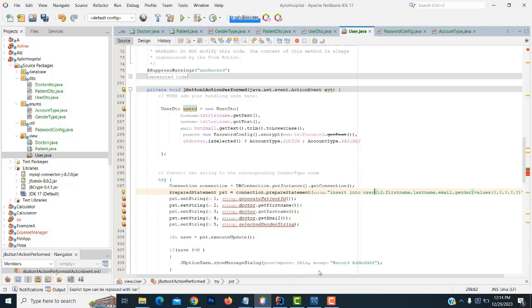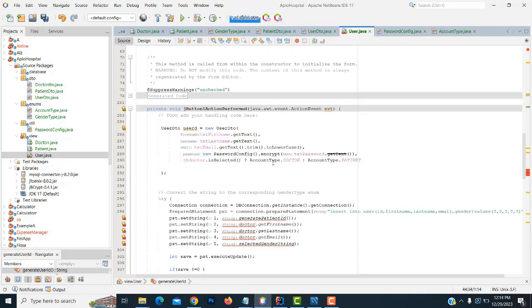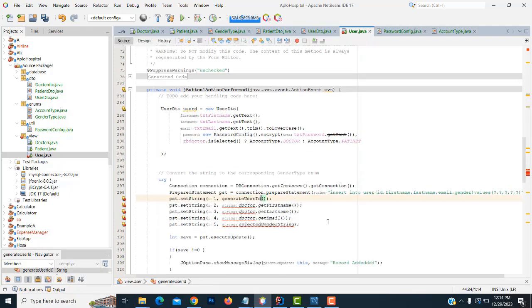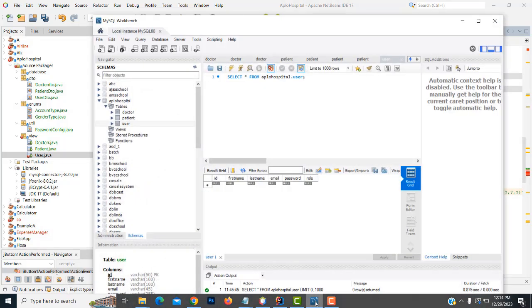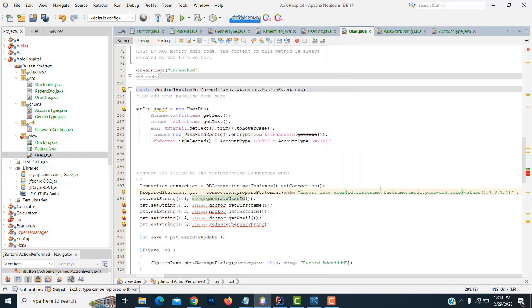Right. ID is a generated ID. Auto ID as ID. This ID. Right. First name, last name, email. This one should be there. What are the things we have to write here? Email, password, comma, role. Okay, password, role. So 1 2 3 4 5 6. We need 6 question marks. This one should be the user